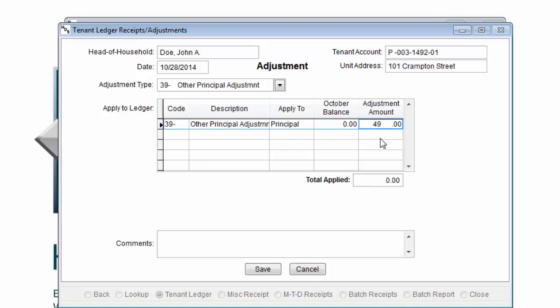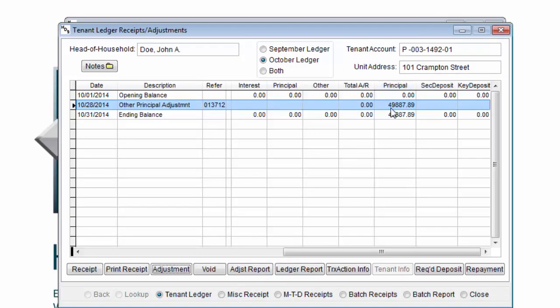So we'll do 49,887.89. And in the comments, I'll just put in correction to principal balance. And there's our ending principal balance for October. If we could see November here, we'd see that the monthly principal amount would get taken out of that balance